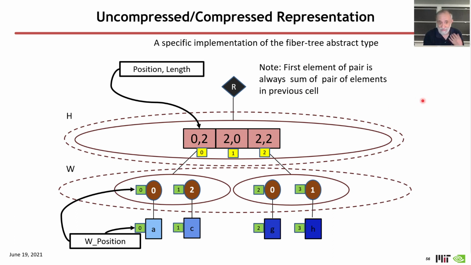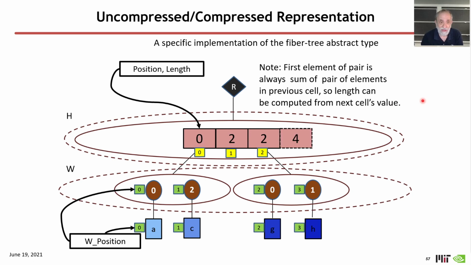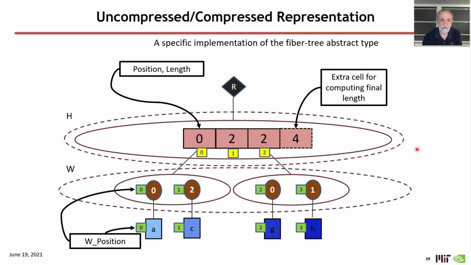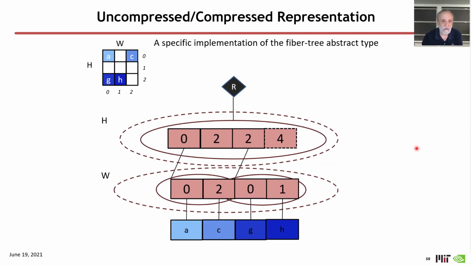And so obviously that information is redundant, and so I can actually avoid putting 2 elements in each cell and just put basically the start of each fiber into this top rank, and I have to add this one extra cell so I can figure out the final length. Okay, now what I'm going to do, what I said before, is squeeze together the coordinate